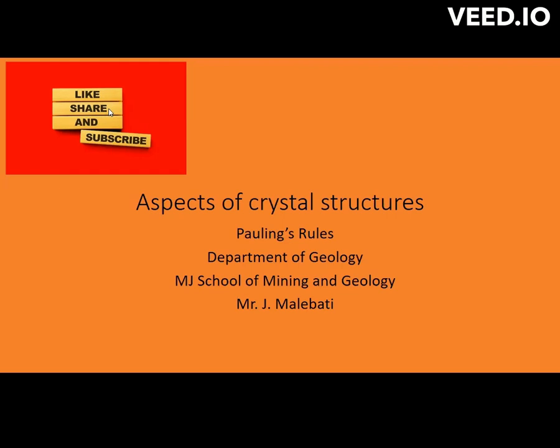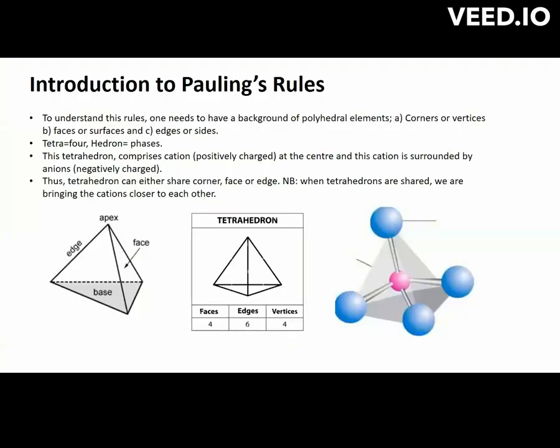Did you know that Pauling's rules have been used for decades to rationalize the crystal structure of ionic compounds? Stay tuned to hear more about this interesting topic. Well, in 1929, a guy called Linus Pauling published a series of 5 empirical rules rationalizing inorganic crystal structures. These rules apply to inorganic compounds and describe the preferred local environments of a cation and how these environments connect to each other. So, to understand this type of rules, you need to understand basically what we call the